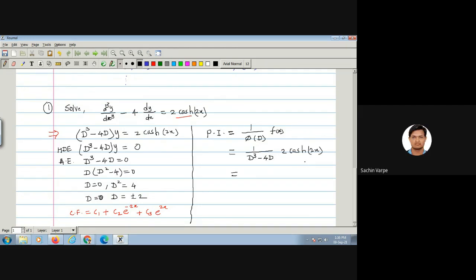A is 2. Right. So that is equals to, as d square is not there here, but I can represent d cube in terms of d square, that is d into d square minus 4d to hyperbolic cos 2x. So when I replace d square by plus a square, that is 4, it will be a case of failure, isn't it? Because 4d minus 4d will be 0. Is this clear to everyone? So that is a case of failure. We can write here case of failure.